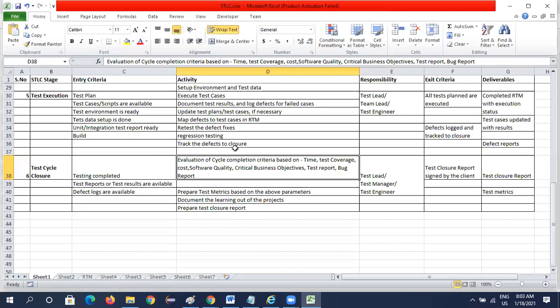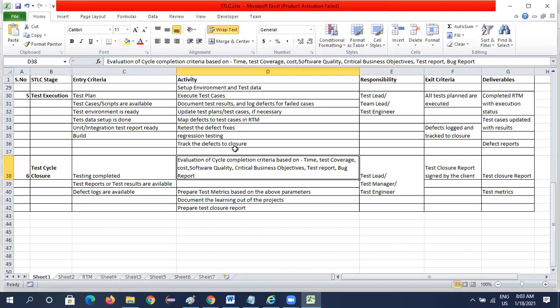We'll be identifying how much time we have allocated and how much time we have completed, how much work we need to do, and what is the deviation between actual work and allocated work timelines.